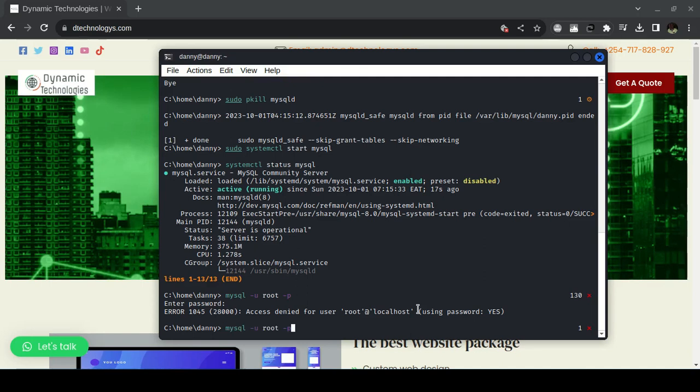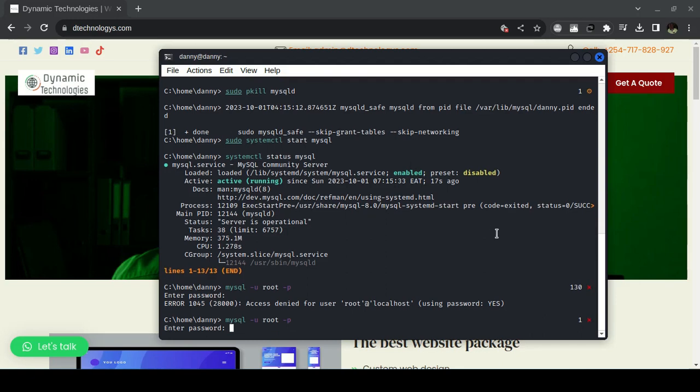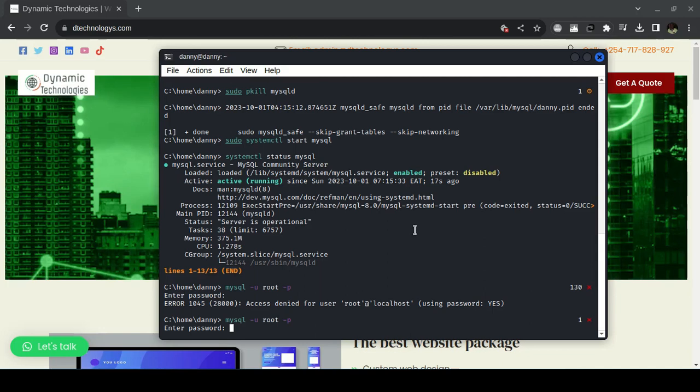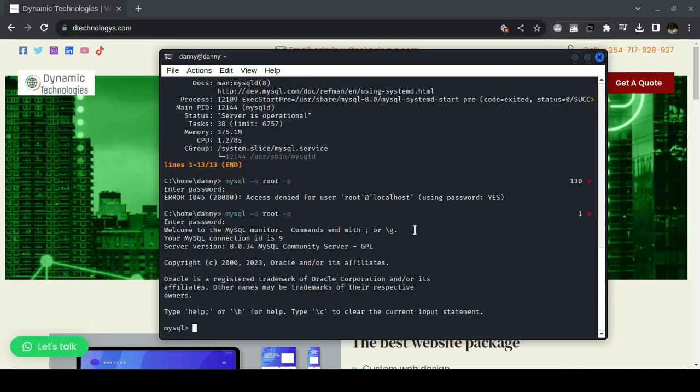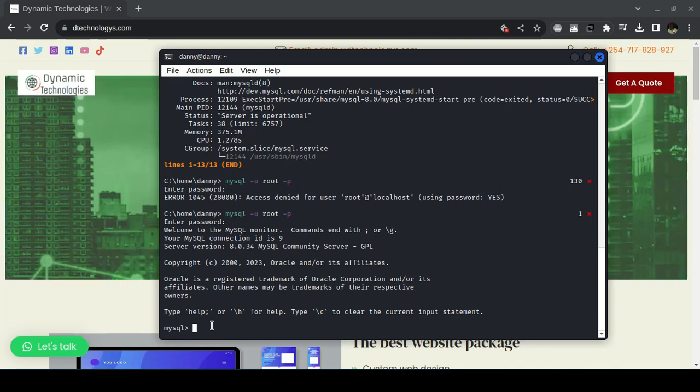Let us repeat and use the password that we set up here. So we have that. Press enter. So remember, we used newpass as our new password. So let's have newpass. Then press enter, and there we go. We have been able to access